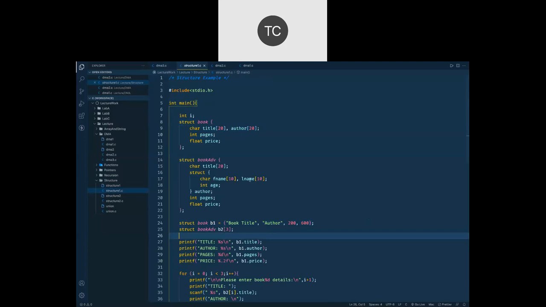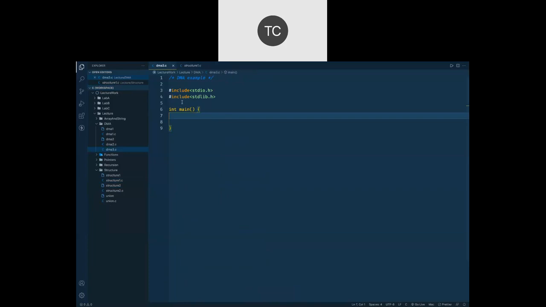So what I'm going to do is, let's make use of these codes directly. Let us define a structure book. So I'm going to copy this code and use it inside our new file. Let us declare that structure globally. So we declare a book structure globally here, but I'm not going to have any variable statically.